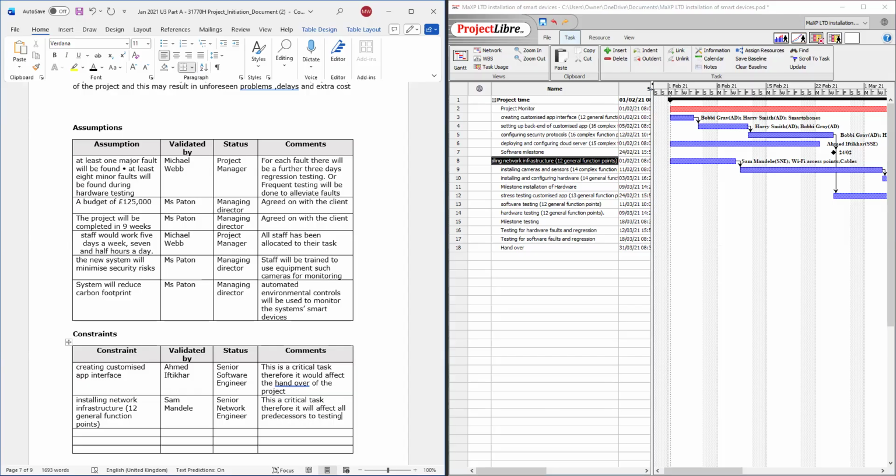All right, so it's going to affect all the predecessors up to testing. Or you could just say it's going to affect hardware installation. Well, let me put a slash instead of or: affects the hardware installation.